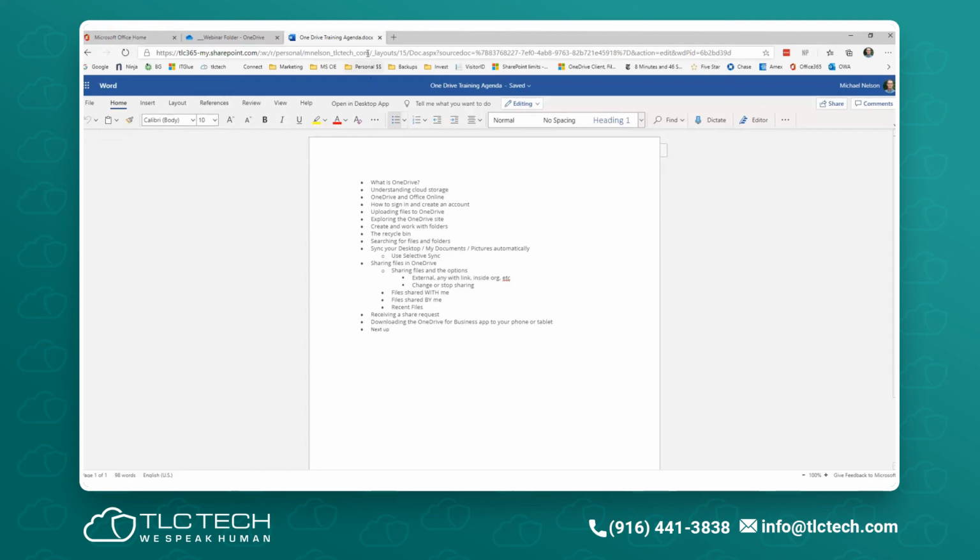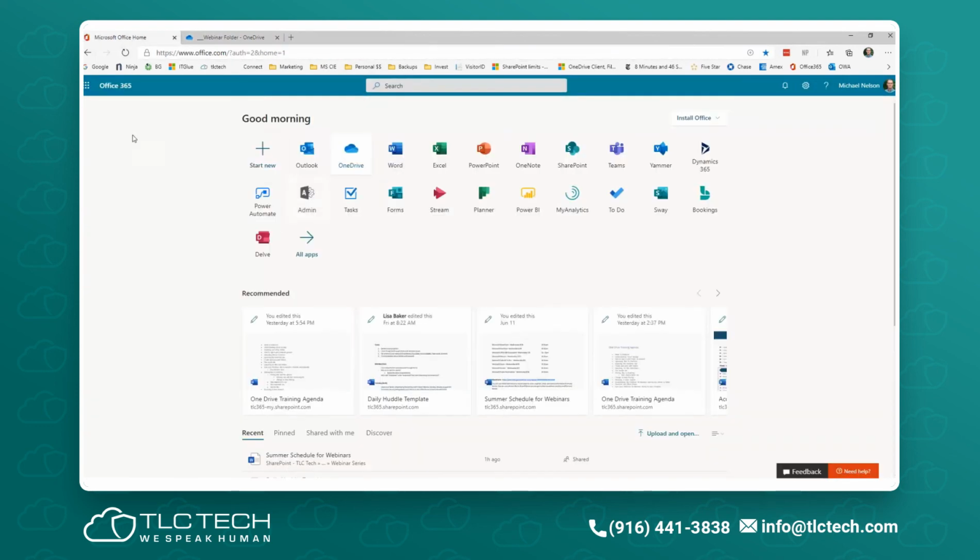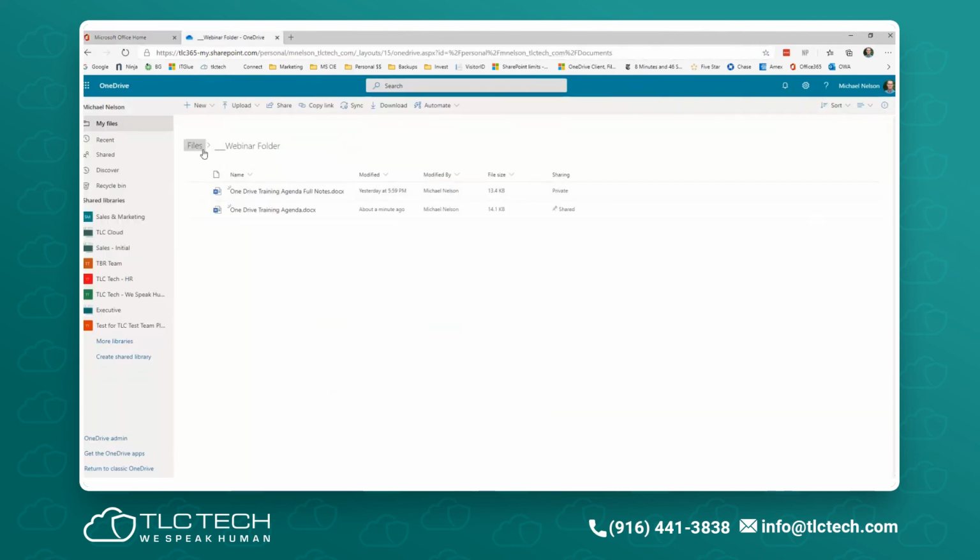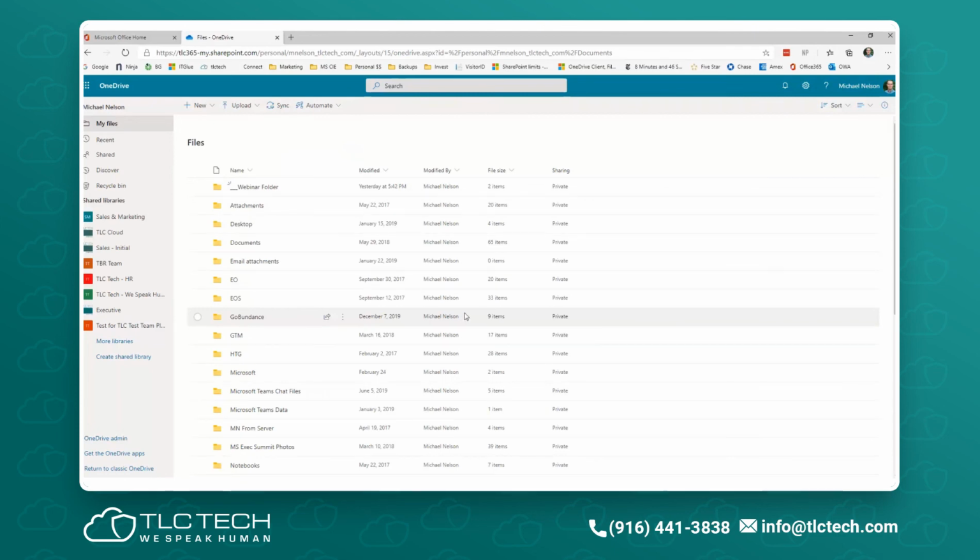As you saw, I got to my OneDrive by going into the main Office 365 ecosystem, clicking on OneDrive. That gives me access to my main file folders here. So basically the way is